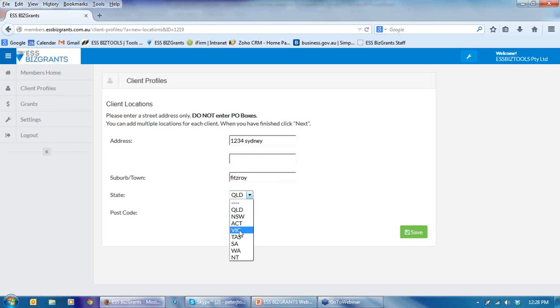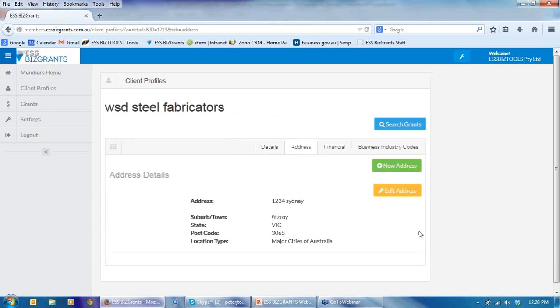Fitzroy, it's in Victoria, and the postcode is 3065. So we hit save on that, and the system is then going to give us details that we can check if we like for this business, WSD steel fabricators.